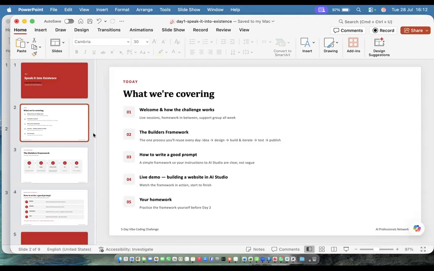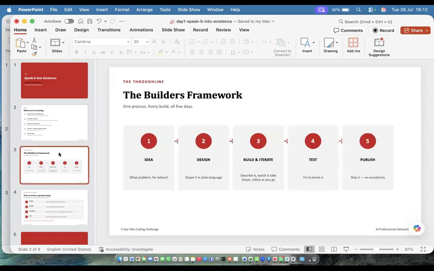Right. So we're going to start off by looking at the Builders Framework. The Builders Framework is really to understand the process that you saw some of what we were doing